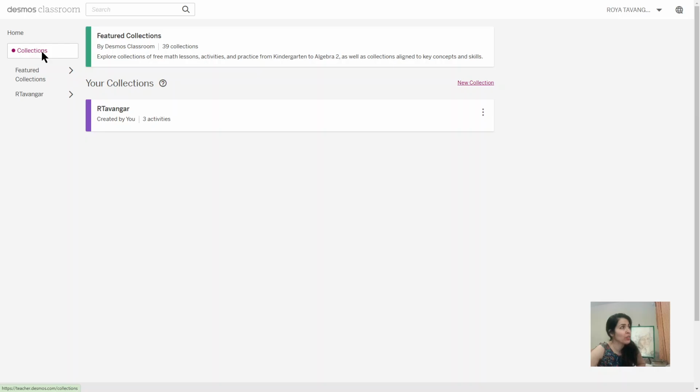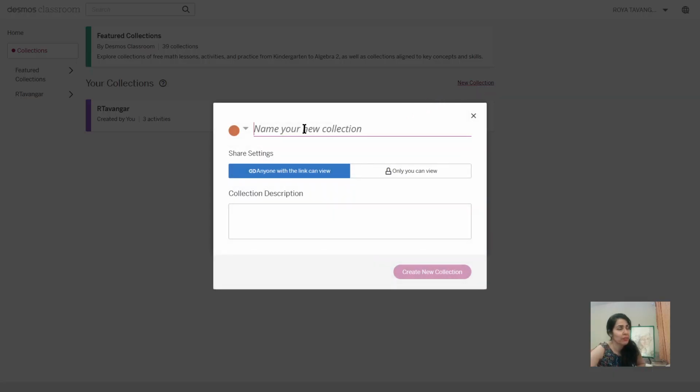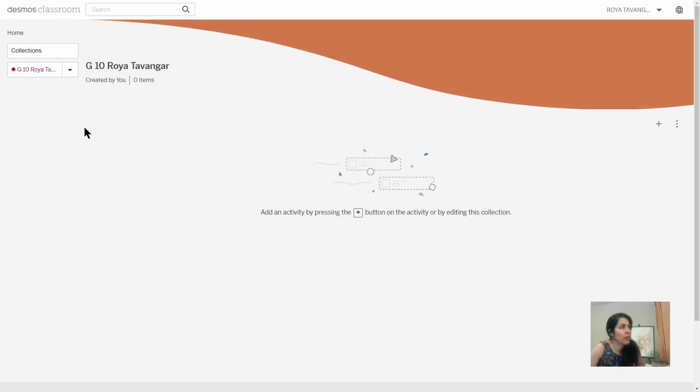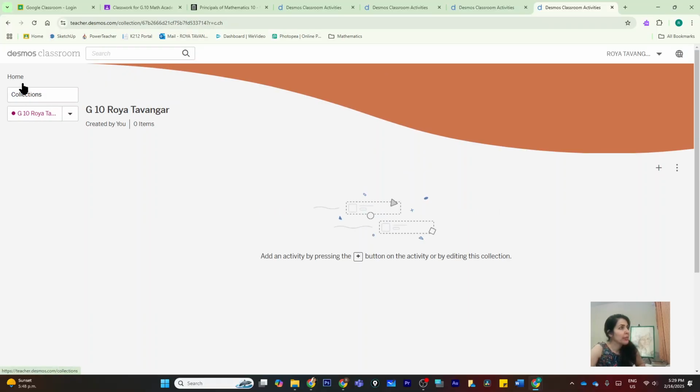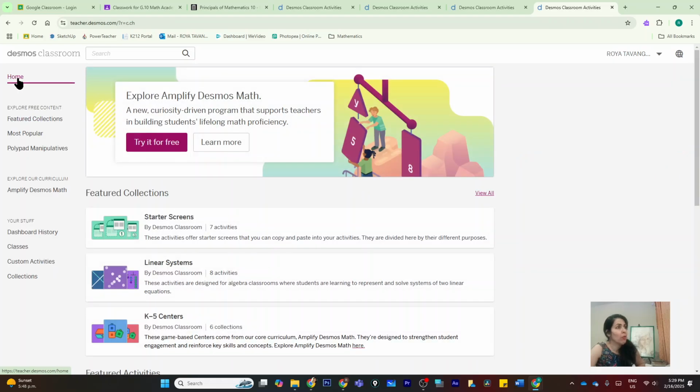Go to collections, home collection, and create new collection, and I call this grade 10, my name, and create a new collection. And then go home,